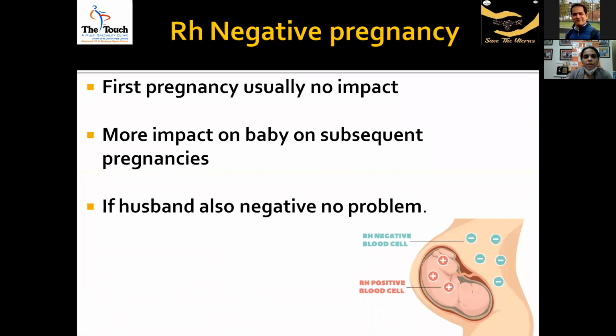Another important thing is RH negative pregnancy. Many people have stress in their mind about what RH negative pregnancy is and what its implication will be on our baby. RH negative pregnancy means the pregnant mother's blood group is negative, maybe A negative, B negative, O negative, AB negative, whichever, but the blood group is negative. Now, if the husband's blood group is also negative, then there is no problem,